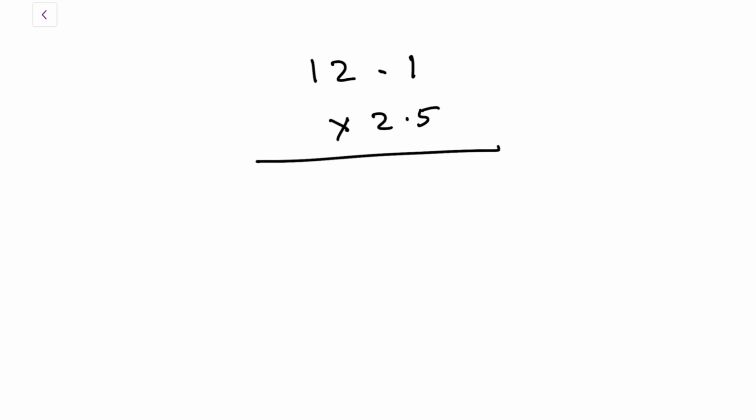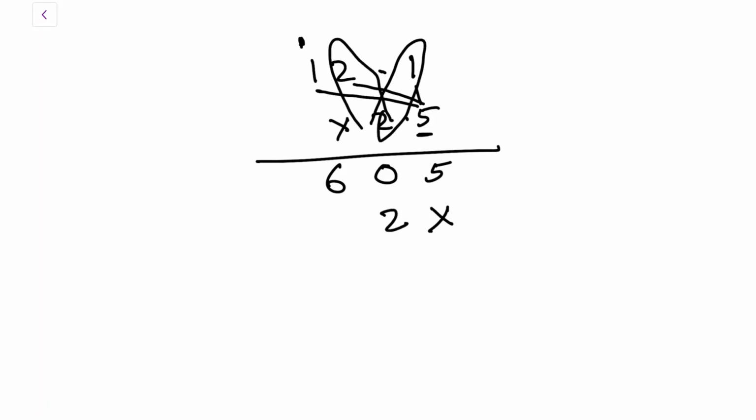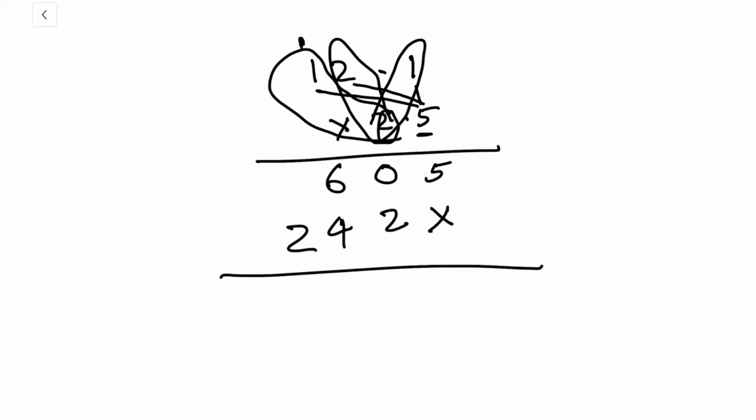So first we do with 5. 5 ones are 5. 5 twos are 10. And then 5 ones are 5 plus 1 is 6. Alright. And then remember, we cross out the ones place because we are now looking at 2. So we do 2 ones are 2. 2 twos are 4. And again 2 ones are 2. Now you just have to do the addition. That is 5, 2, 10 and 3. Alright, we got 3025.